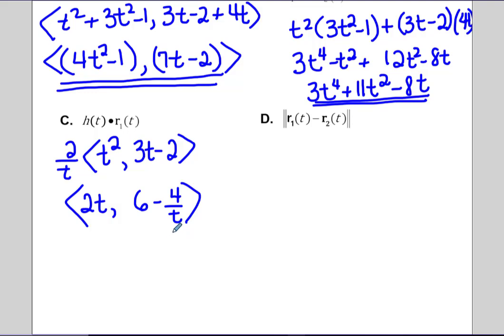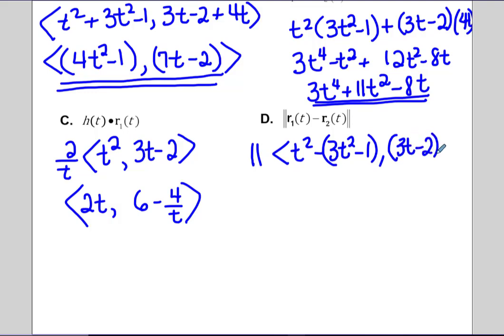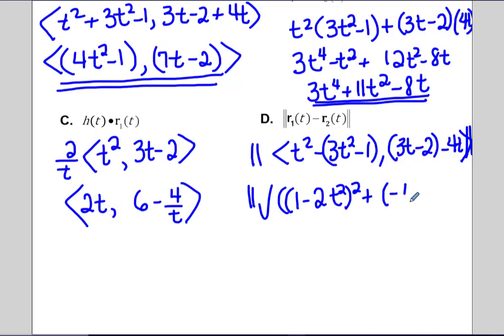And then in part D, we want the distance, so the magnitude is going to be the r sub 1, that's t squared minus 3t squared minus 1, and then the y component is 3t minus 2 minus 4t, so the distance is, let's see, this is 1 minus 2t squared, quantity squared, and this one would be negative t minus 2 quantity squared, so our magnitude,